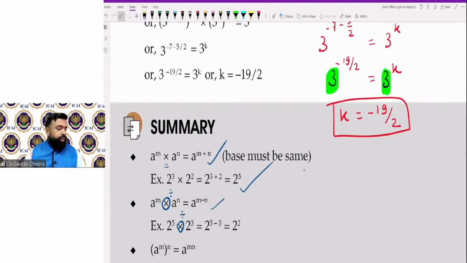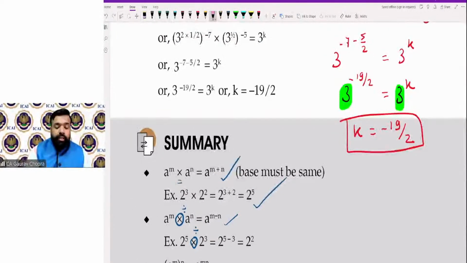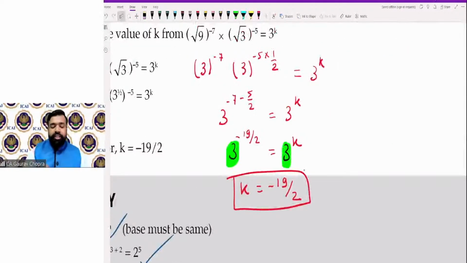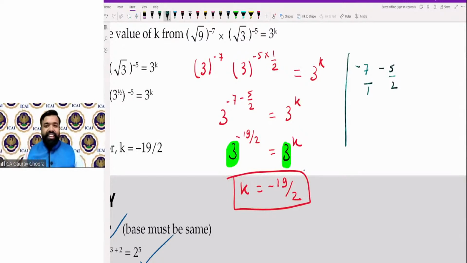Okay, there is some basic doubt from the previous question. Shravani Sakshi is asking the doubt. See, it is minus 7 and minus 5 by 2. So it cannot be written as minus 12 upon 2. Why? Because it is a fraction. It is written in this way, minus 7 and minus 5 by 2. So you have to take the LCM to simplify it. You cannot add directly. You cannot apply addendo here, right?